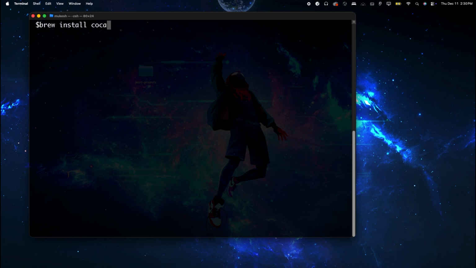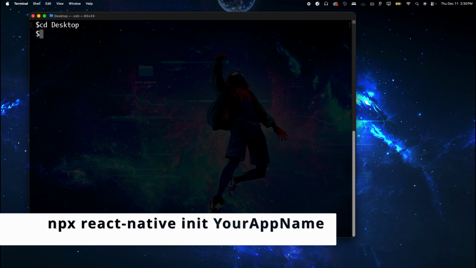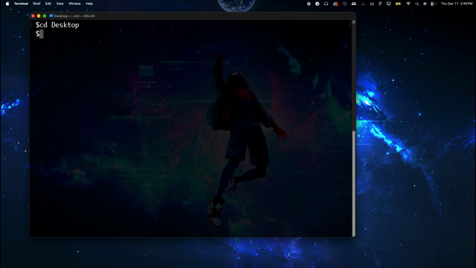Now let's see if everything works by creating a React Native app. So come to the terminal. If you are using an older version of Node.js, then you can create the app using npx react-native init and then your app name. But here we are using the latest Node version, and in this current version, init is deprecated, so we need to use the latest command for creating a React Native app. The new command is npx @react-native-community/cli@latest init and then